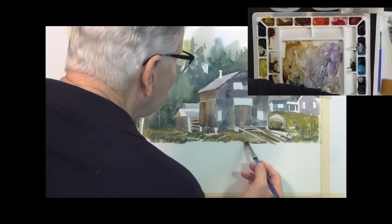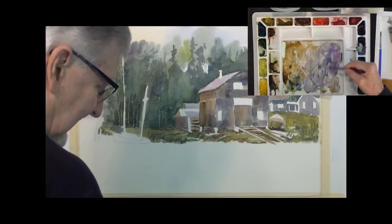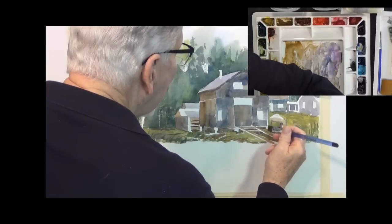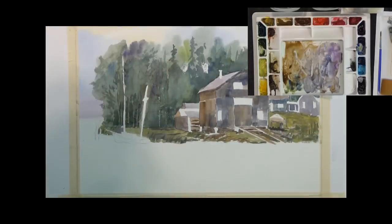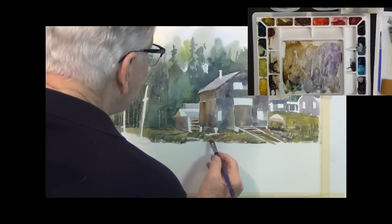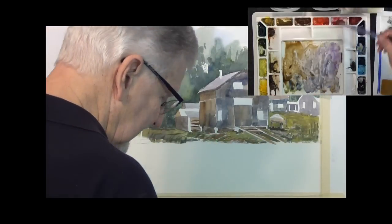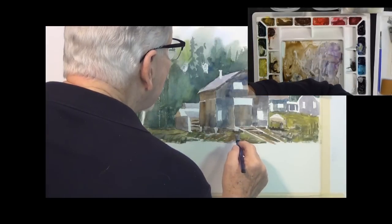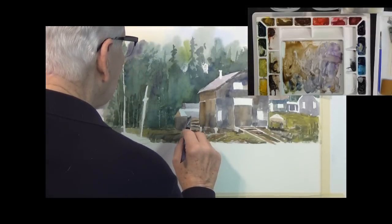Okay, that looks like there's something there. Okay. Get some of these bright spots out of there. Put a little gray in it. Now, I want that to be lighter there, just so you can see the posts that are holding stuff up. Yeah. This little post is sort of...